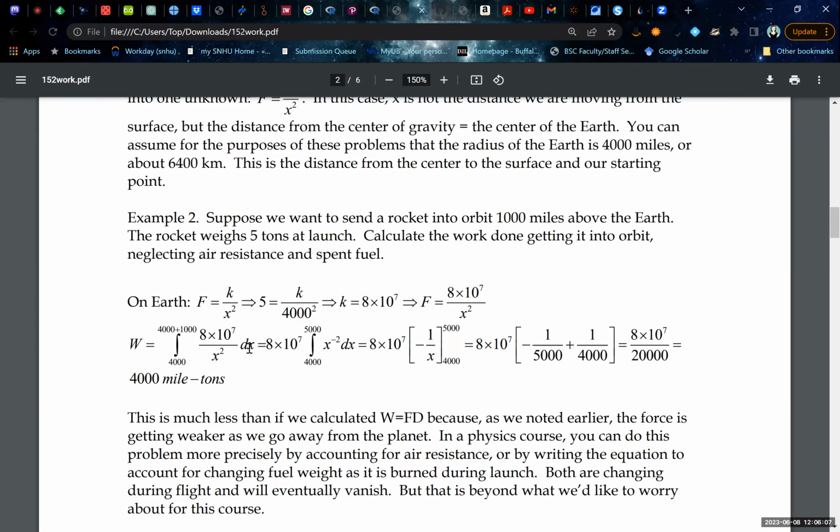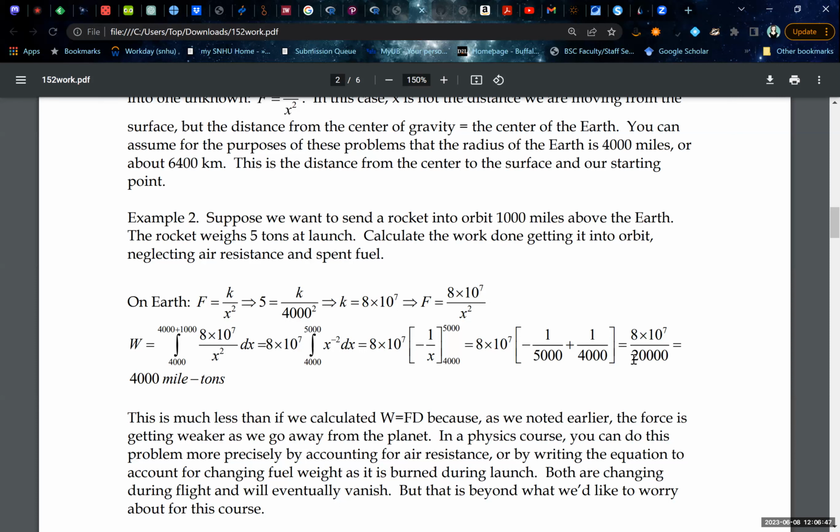And then this is our force, and we integrate dx. And we end up with our integral from x to the -2 becoming -1 over x. And this negative, in fact, is what helps us get a positive number in the end, because when we plug in the upper limit, 5,000 miles above the center of the Earth at a radius of 5,000 miles, that is going to be a smaller number than 1 over 4,000. And so when we do the subtraction, we end up with, in this case, 4,000 mile tons